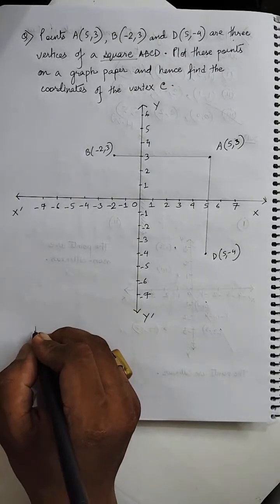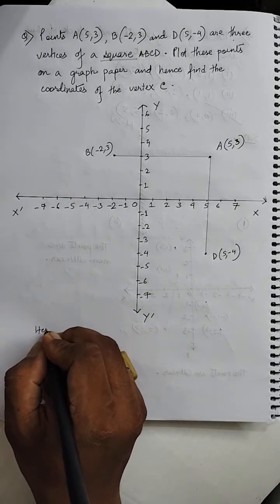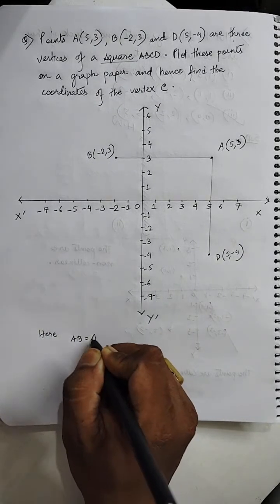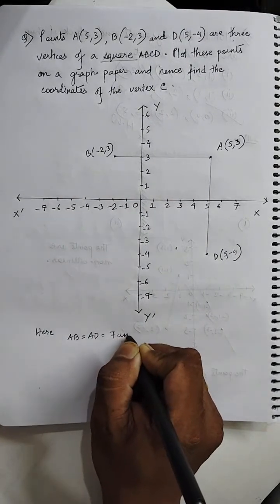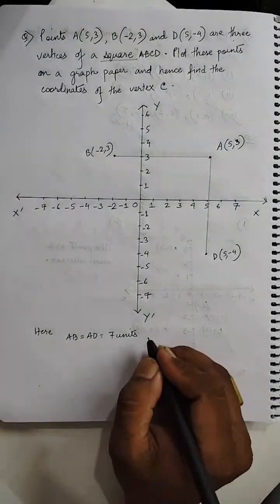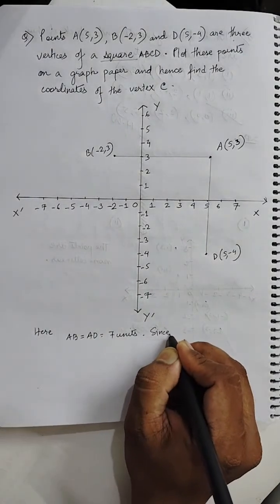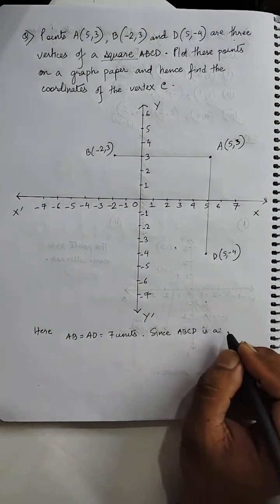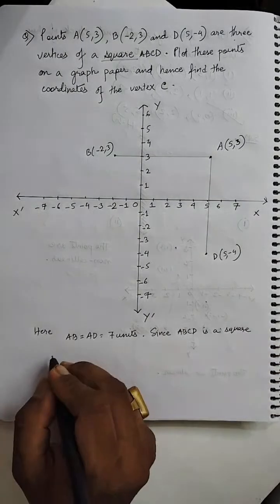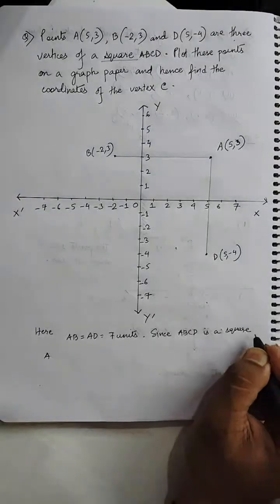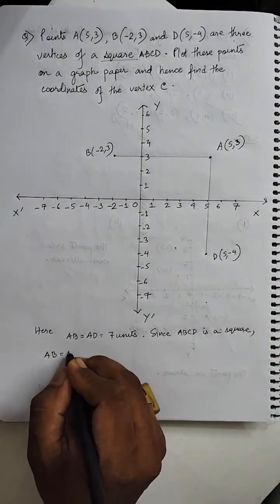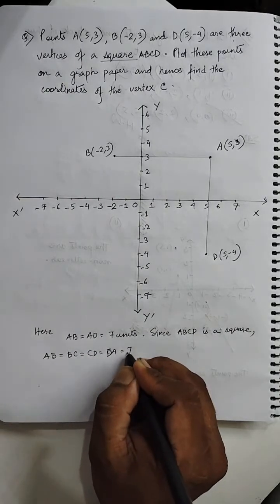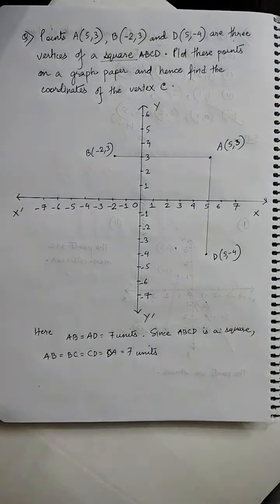From the graph, we can simply write here AB equals to AD equals to 7 units. Okay. Since ABCD is a square, so AB equals to BC equals to CD equals to DA equal to 7 units. ठीक है, now we can